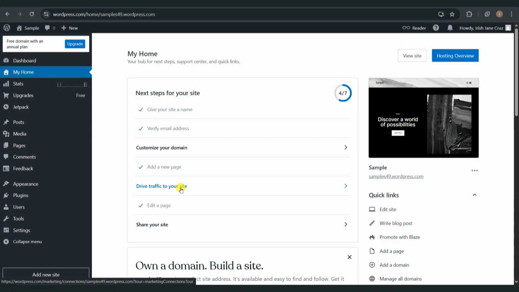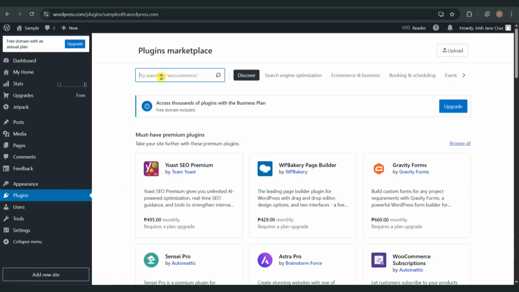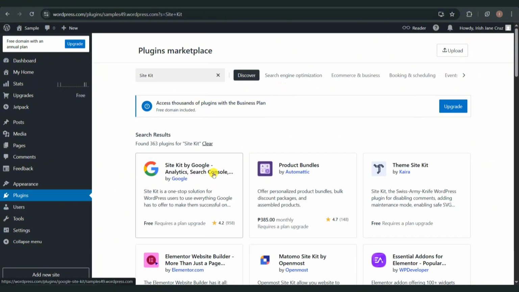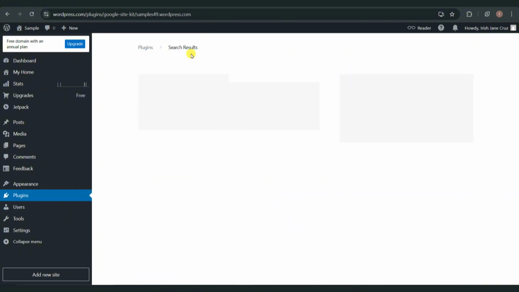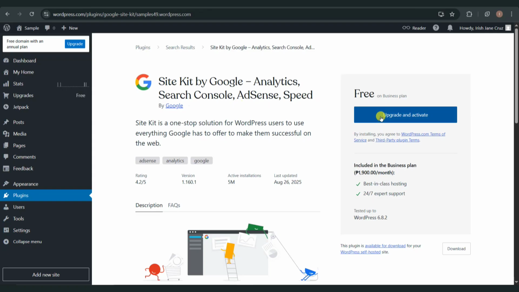So to get started, go ahead and open WordPress on your browser, sign into your account, and then once you're on your WordPress account, go ahead and click on plugins on the left side of your screen. And then on the plugins page, go ahead and search for Site Kit by Google. So go ahead and click on this and then click on that install button at the right side of your